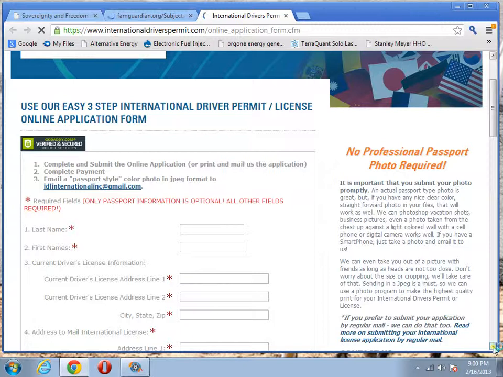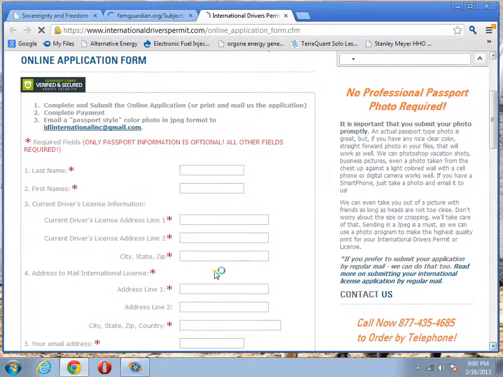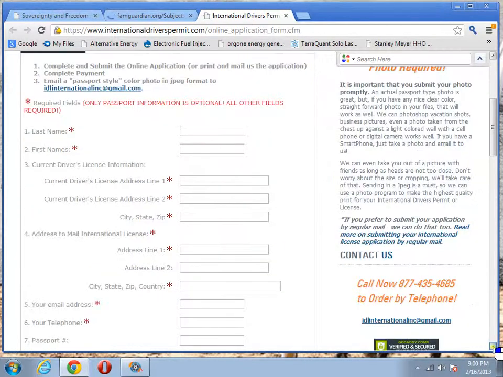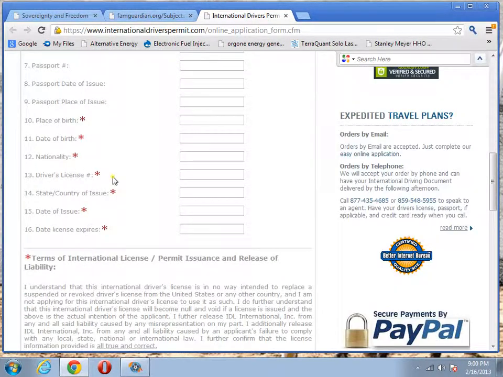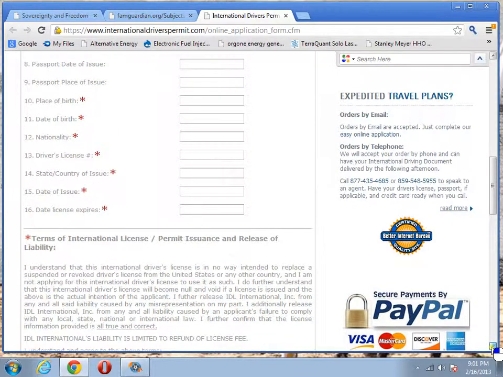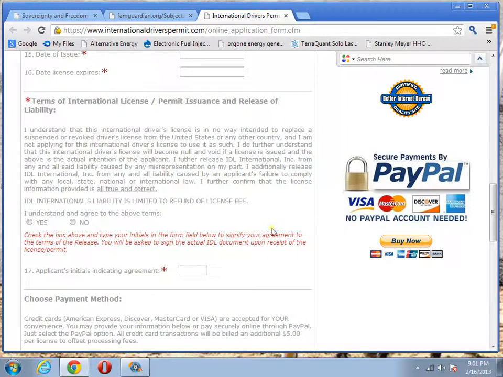So you can print this out, even though it has the asterisk current driver's license address, and then they talk about this on the website. See, it asks for your driver's license number and all that, nationality. I would put, state national or national. Well, so you can do it online, but